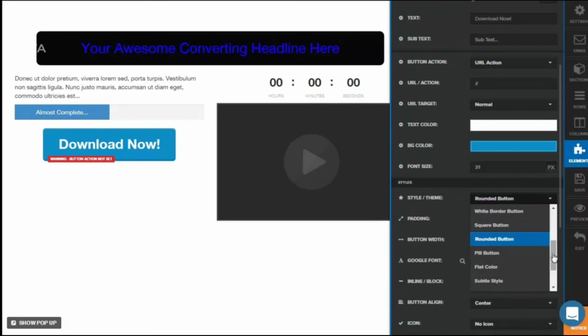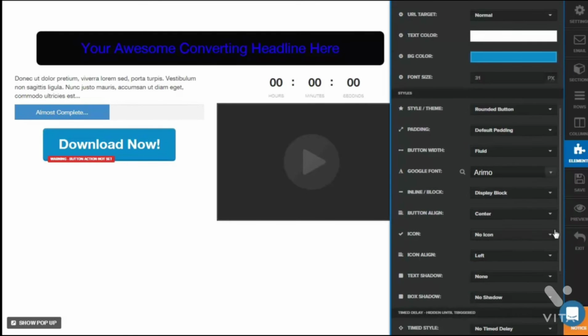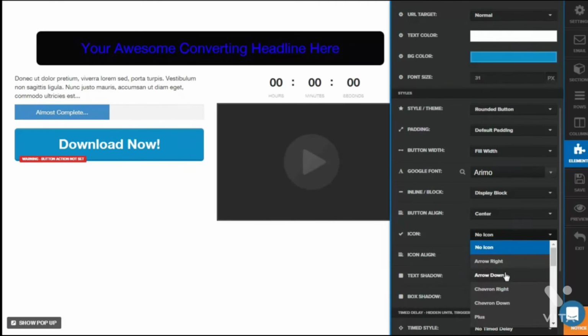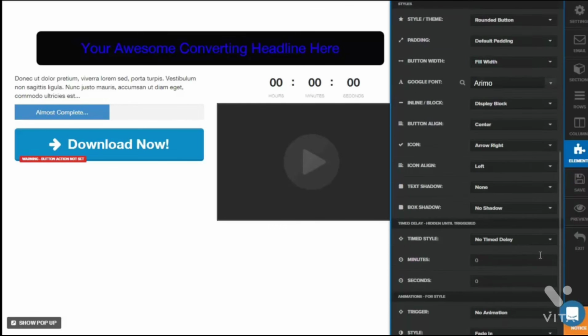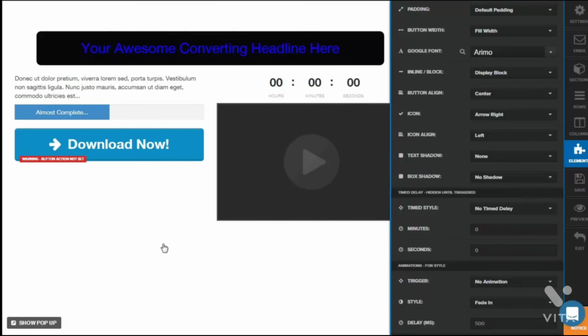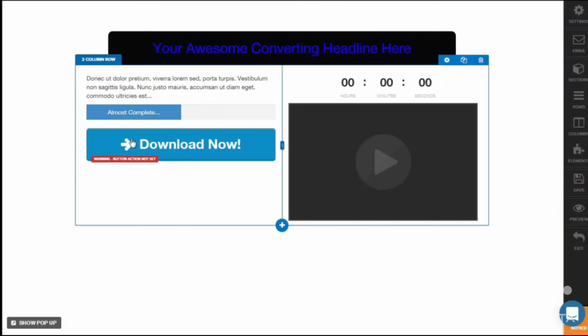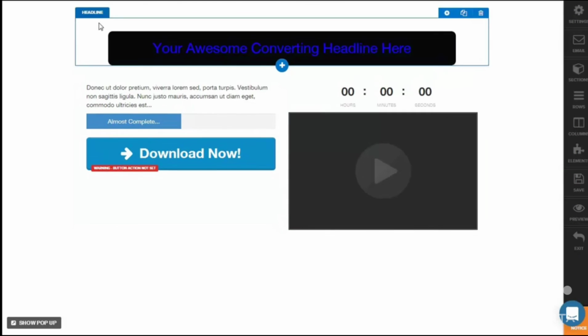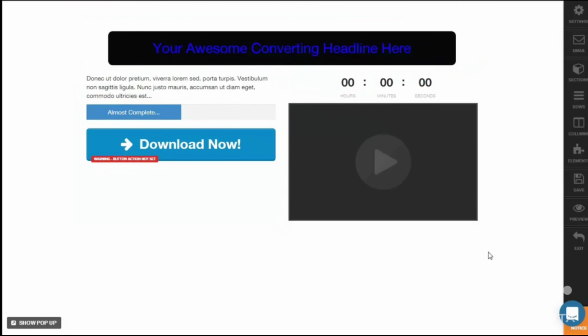So let's select a rounded button. Even the button width, I could put it to fluid, so I could align the button center. We could even put an icon, let's say a right arrow download now. And there's a lot more customization. If you want the background to be colored, you want to have more design, that's also fine, and there you have it. This is a very simple page built from scratch,